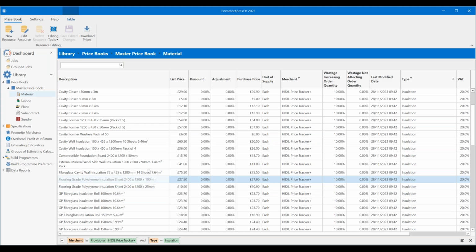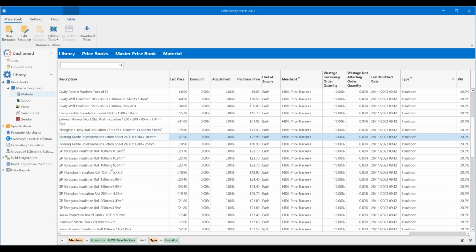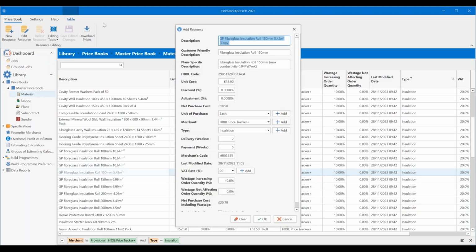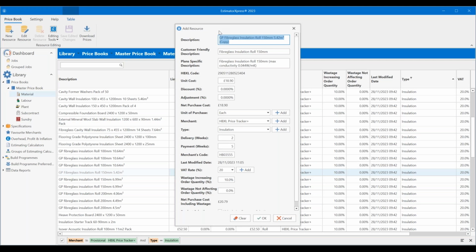So on that note, I'm going to highlight my GP fiberglass roll. Doesn't matter which one, it's going to be used as a basis. And I'm going to click on New Resource. This will bring up a screen similar to that edit resource 101, but now it's all editable. We can put in whatever we want. The description starts off with the one we've just copied with the word copy in there. Now what I'm going to do is create a sheep's wool